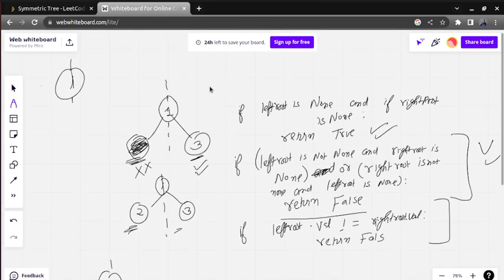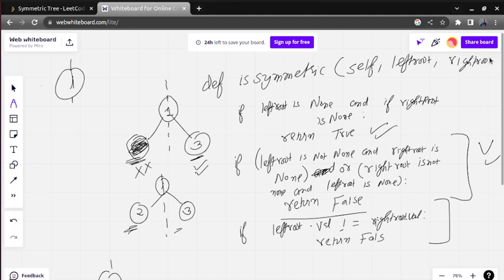This is the function, def isSymmetric. What is it going to take? It is going to take left root comma right root.